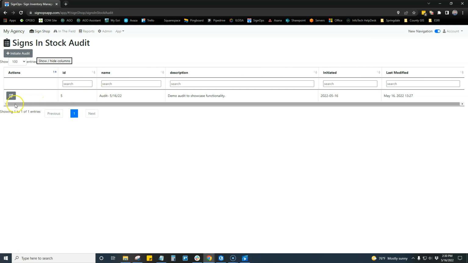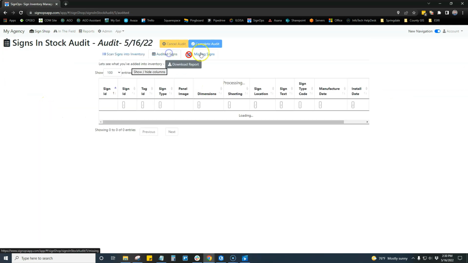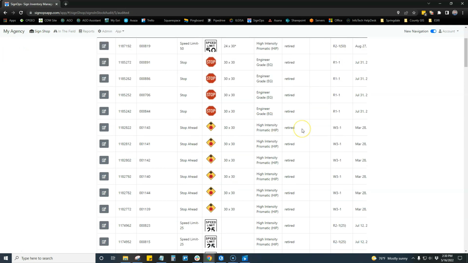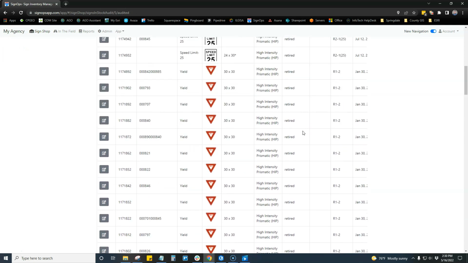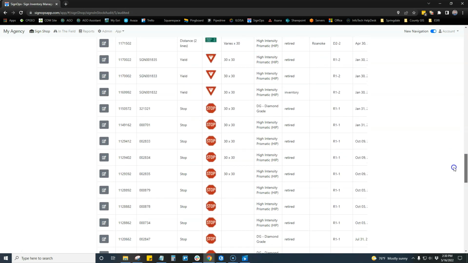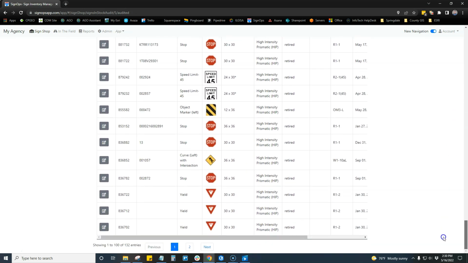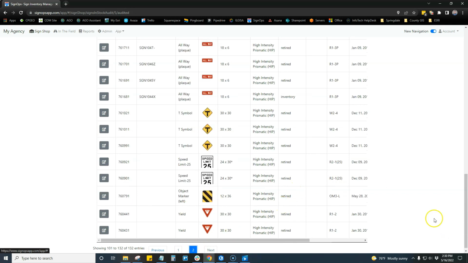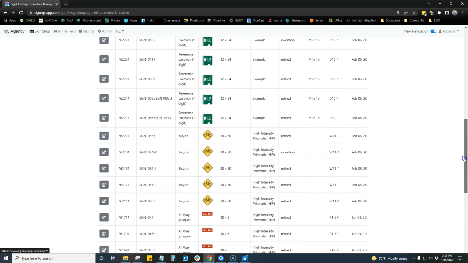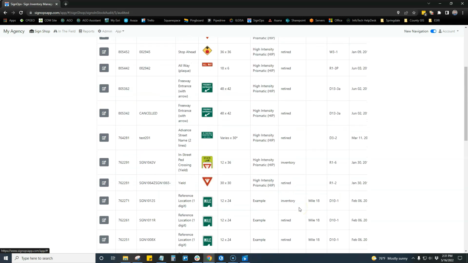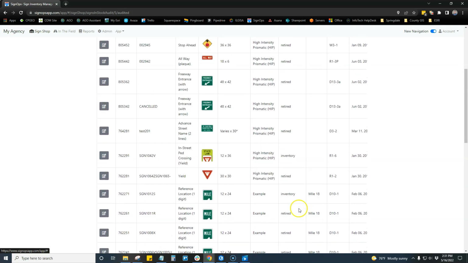Now you can see, again, we can always go back into this audit. We have the list of audited signs here. The ones that did not get scanned, again, are retired. And if I come all the way down here, go to my next page, you can see the ones we did hit are located within our inventory as well. So that's the audit